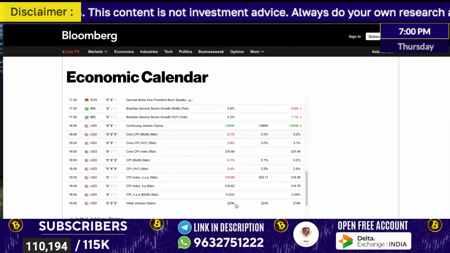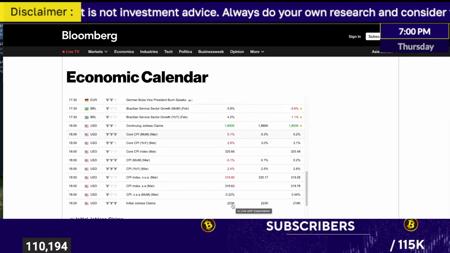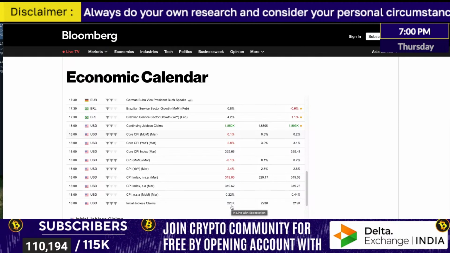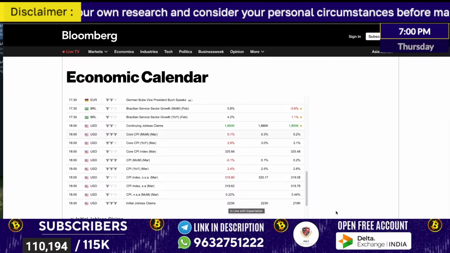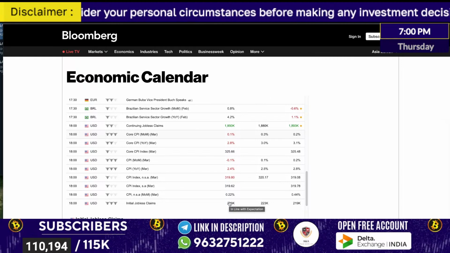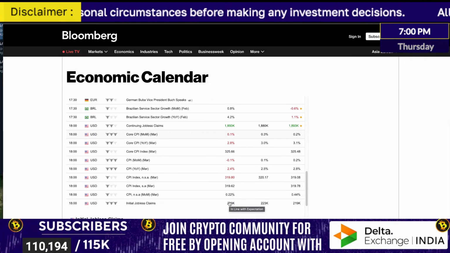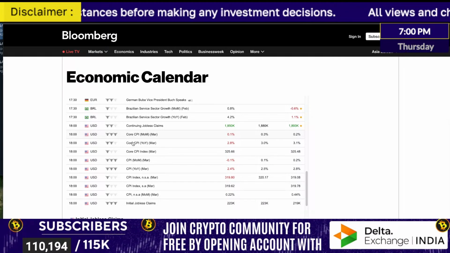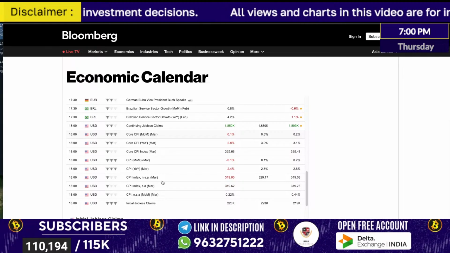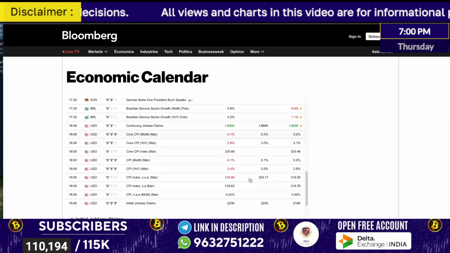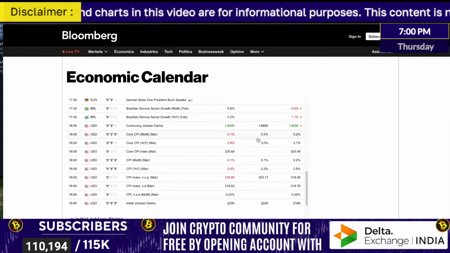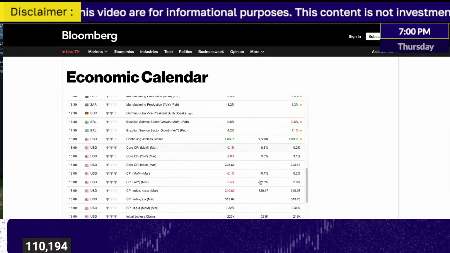The problem with jobless claim data is if someone is jobless, they get some kind of benefit in the US when they claim, right? Some kind of insurance benefit. So it is an expense for the US. So the lesser the jobless claim data, the more beneficial, because money is not going out. And core inflation, we have spoken, it is lesser than what the market projected. And CPI inflation is also almost similar to what the market projected. Majority of the things here are as per what the market projected.